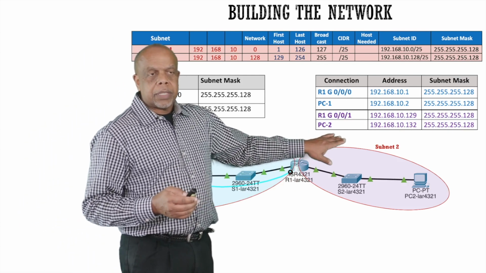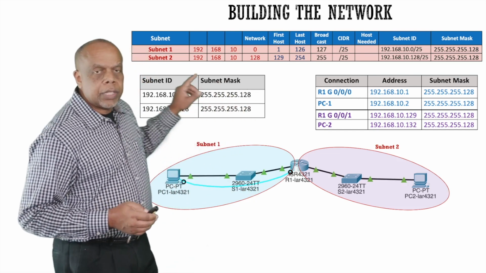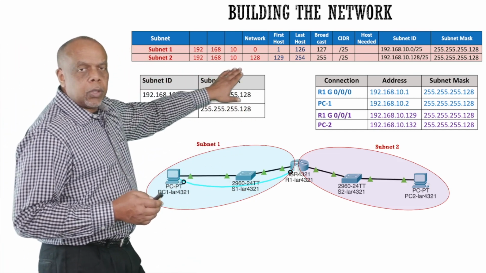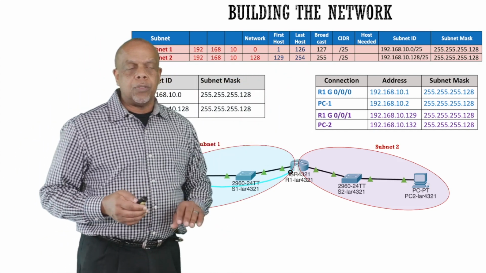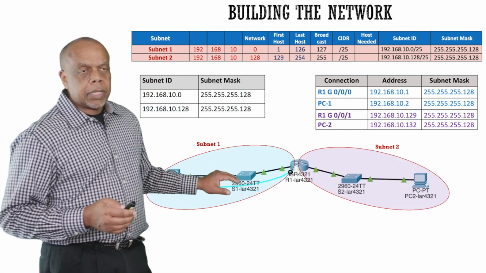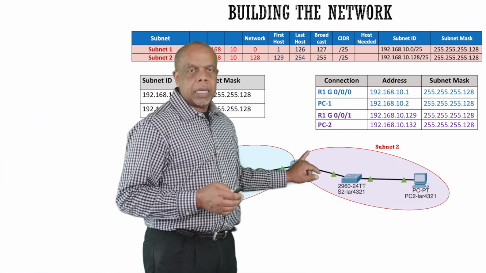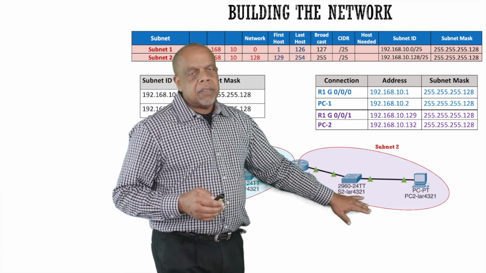We're going to give that interface... Here again, you've got to remember, this is on the other subnet. This second subnet, the first usable host is .129, and the last usable host is .254. So I'm going to give that first usable IP address, .129, to the Gigabit Ethernet interface, and